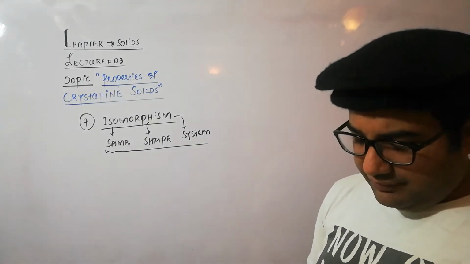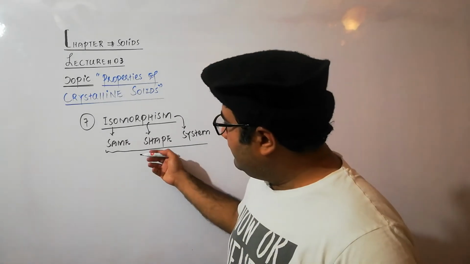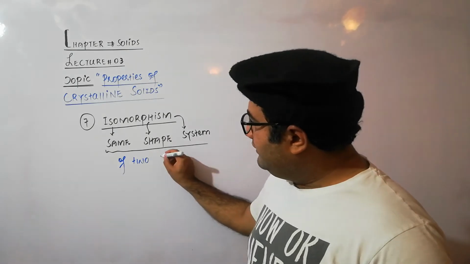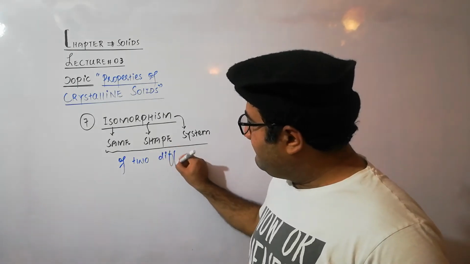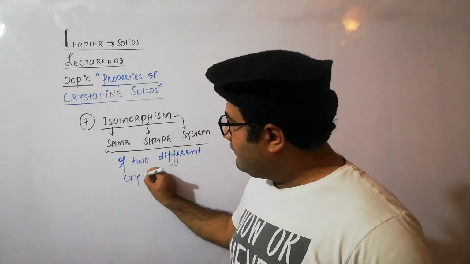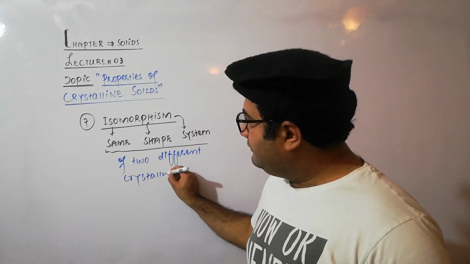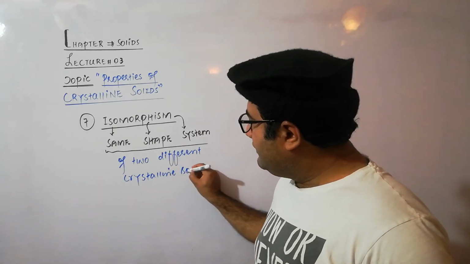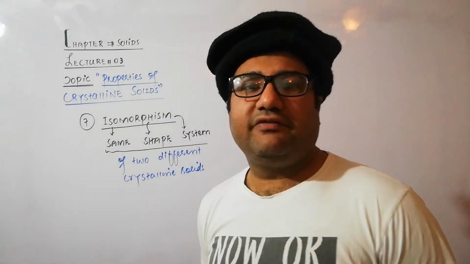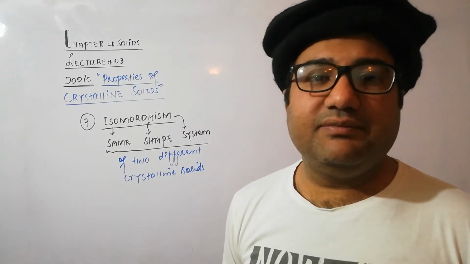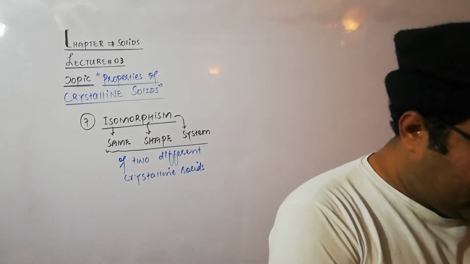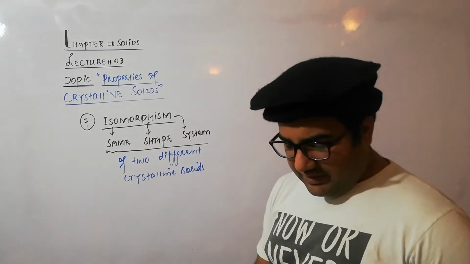There will be the same shape of two or more than two different crystalline solids. So if two or more than two different crystalline solids show the same shape, then this phenomenon is called isomorphism. Now let us discuss an example of isomorphism,